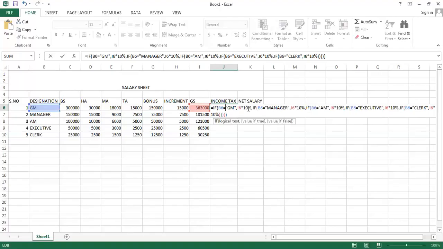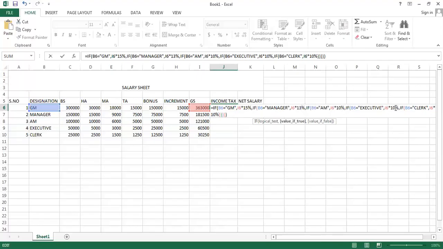Let's suppose the income tax of the general manager is 15% of his gross salary. In the case of manager, it is 13% of their gross salary. In the case of assistant manager, it is 10% of his gross salary.